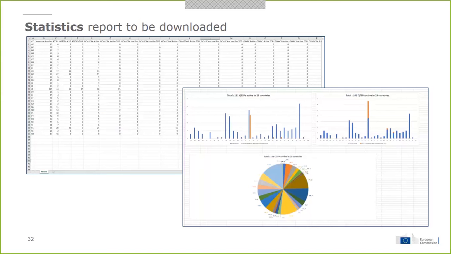And just as an example, this will not be generated by the tool, but here is what it looks like if you open it in Excel and you generate a few charts. For instance, on the bar chart on the left, you can see the QTSPs that are active, where we explicitly separated the taken over by in red.